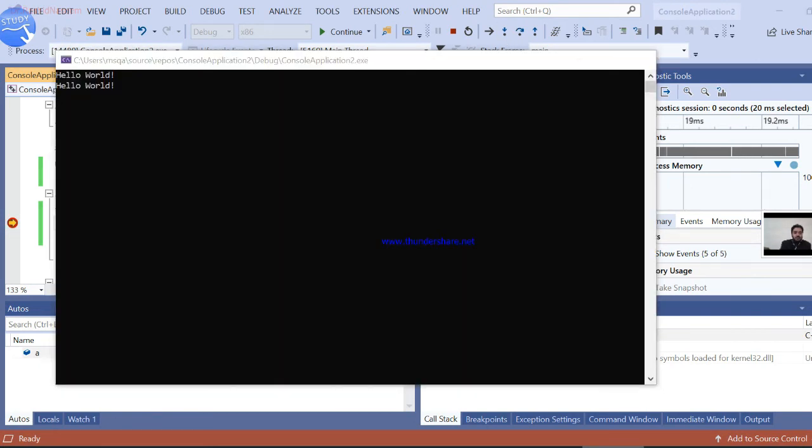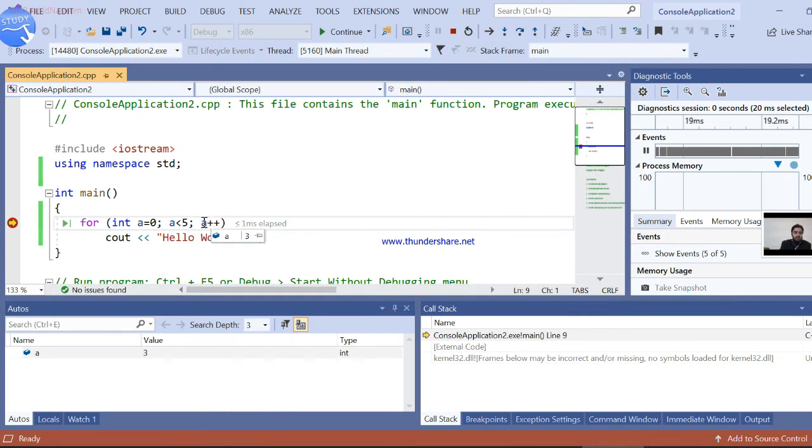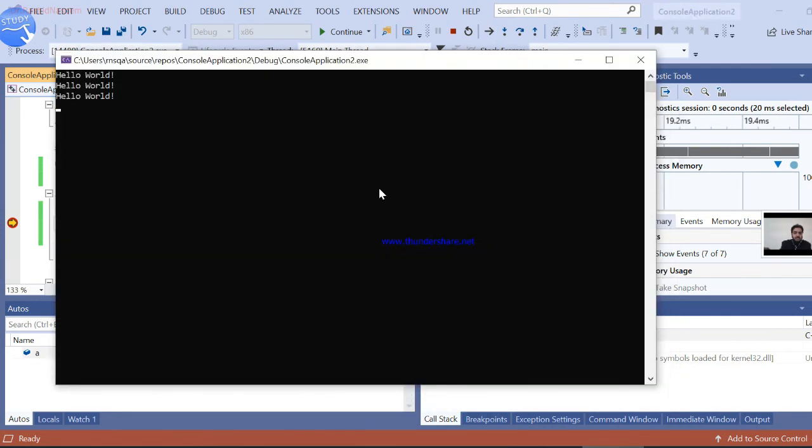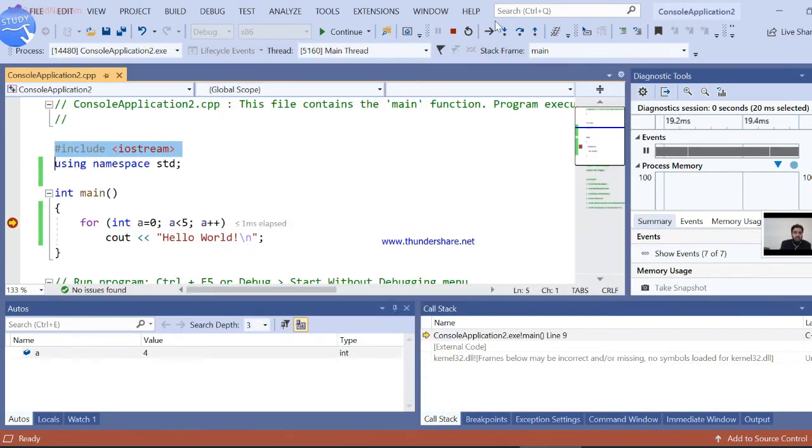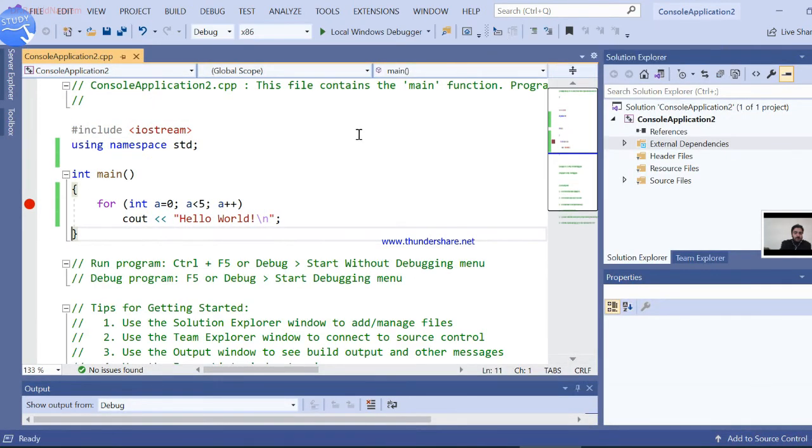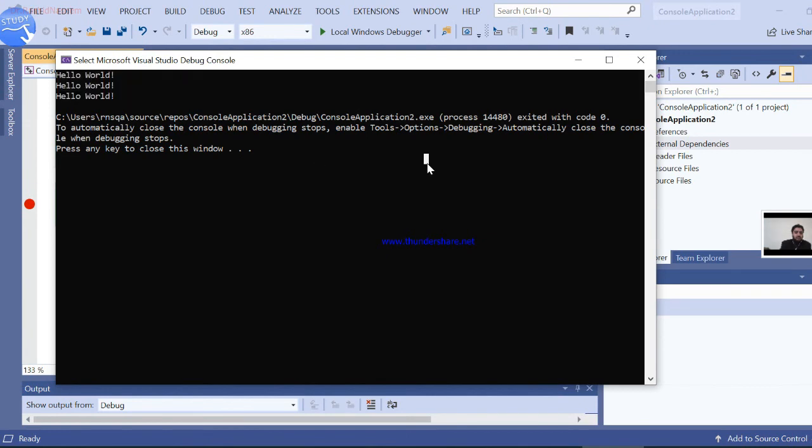So here you can see hello world. From a is equal to 3, it shall be a is equal to 4. Now you can see a is equal to 4, and hello world should be printed when I press step into again. Yes, you can see here. Similarly you can do it, and your program is halted now because the condition became false with a is equal to 5, then the loop was terminated, and ultimately our program terminated. Okay, so we have seen 3 hello worlds on the screen.